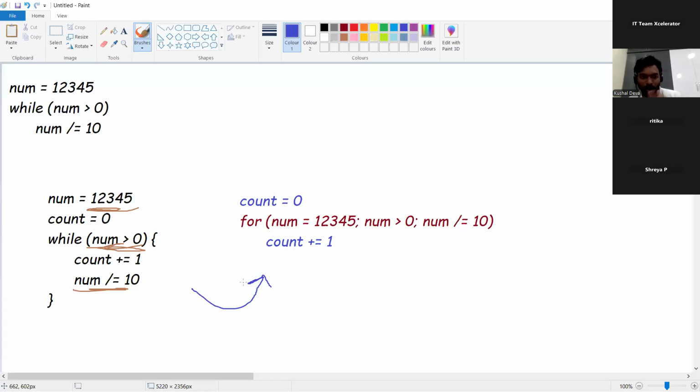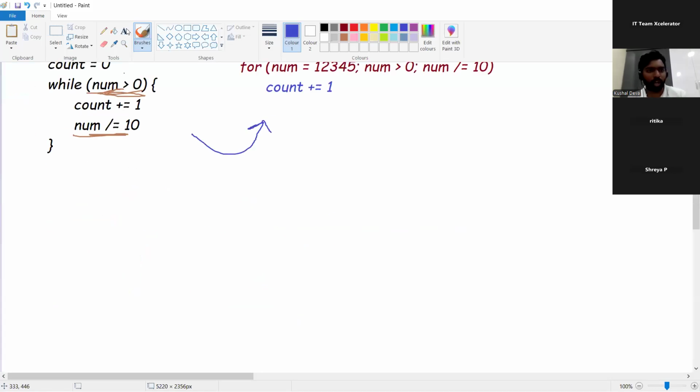So if you want to transform for into while or while into for, it is still possible when it comes to C, C++ or Java. But when you are working with Python, it's not the same. That's the reason you need to go for while loop. Okay. So of course, I guess most of you remember the same.